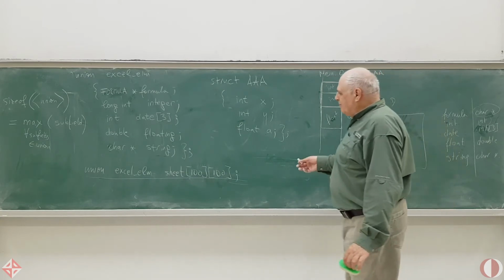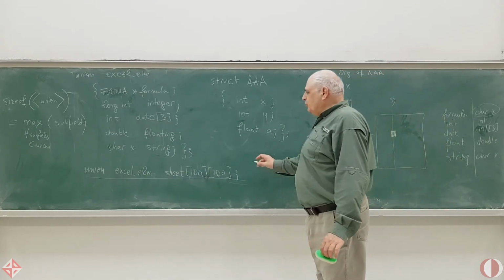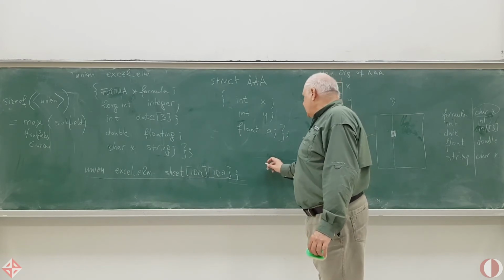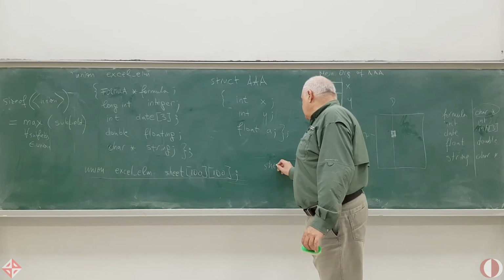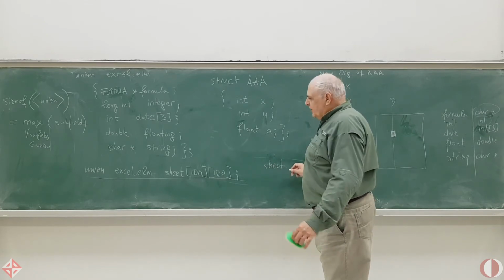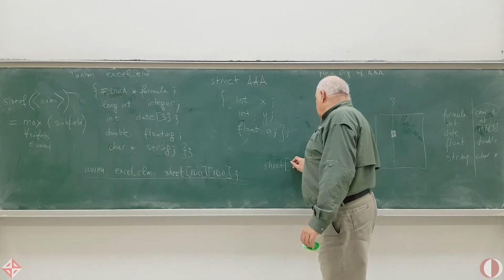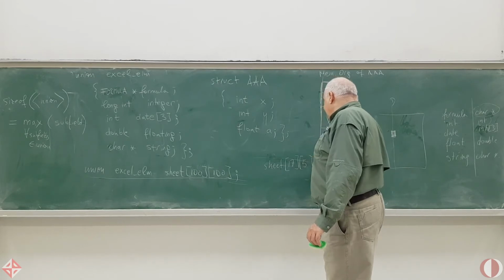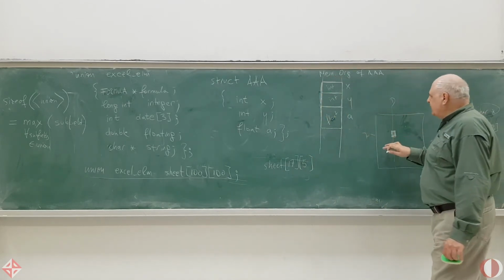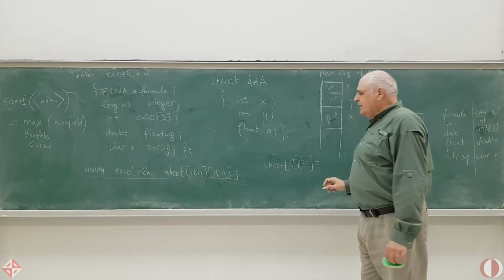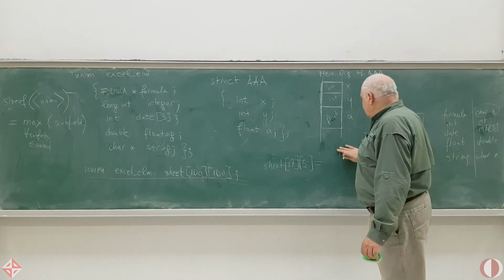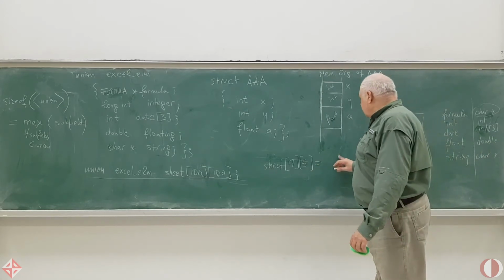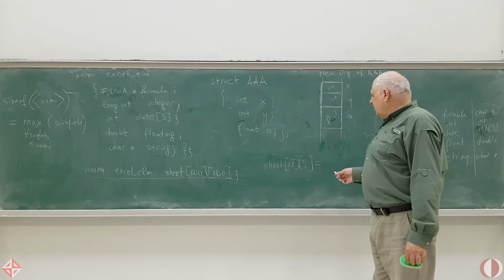So you perform a malloc and you store in sheet something 17, 5, a position in here, right? Some string, just for the moment, let's say